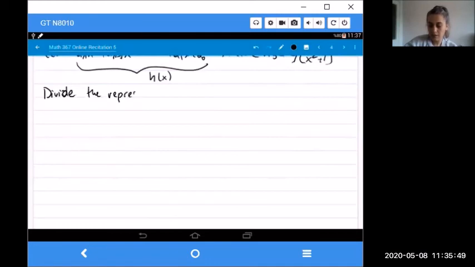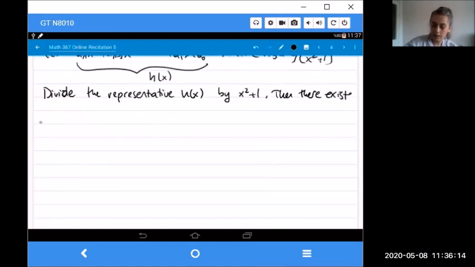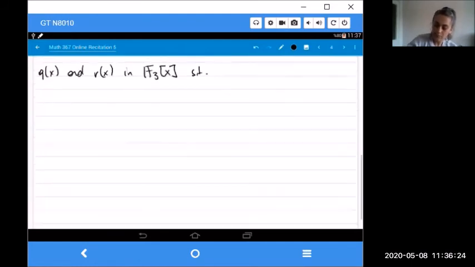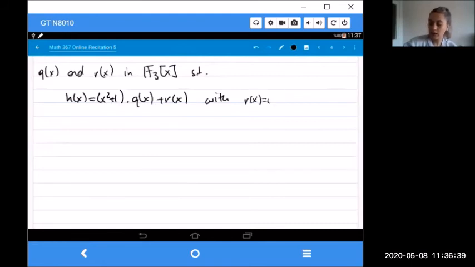Then there exist q of x and r of x in F3 of x such that h of x is equal to x squared plus 1 times q of x plus r of x, with r of x equal to 0,